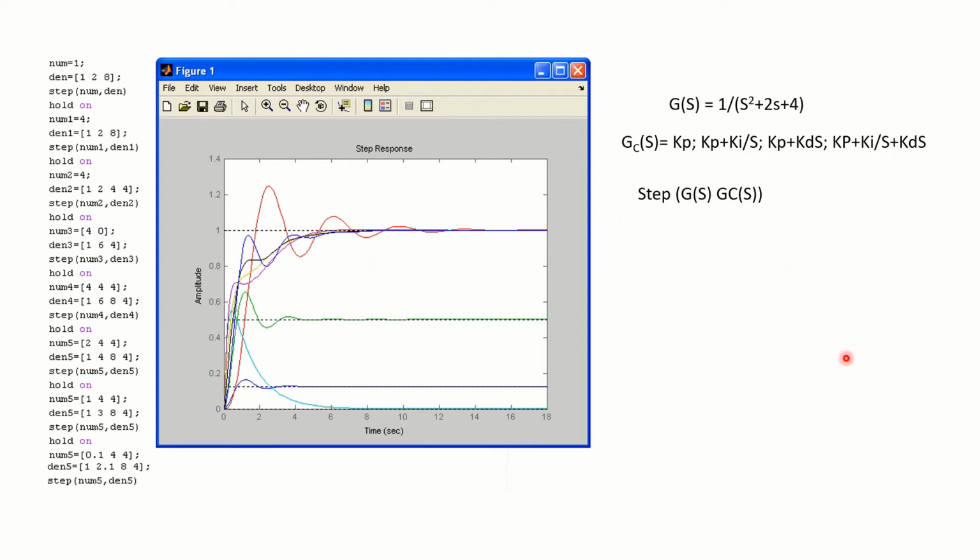Here, by giving some arbitrary values, I'm just studying the response. But to achieve certain peak time, settling time, steady state error and overshoot, we should be able to determine what exactly the values of Kp, Ki and Kd should be. Then we should observe whether the output meets our requirement or not. But this is simply a game. You play around. It is quite interesting and you get an idea about the effect of the controllers on system response.